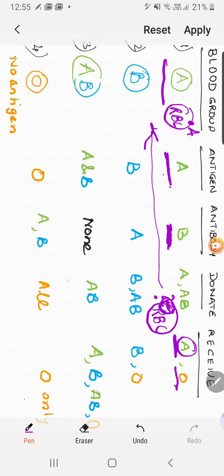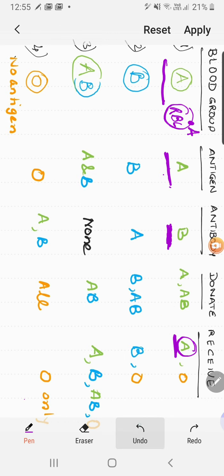Therefore, the body never fights with O because of the lack of enemy, lack of antigen, because the body always reacts to the external antigen. When antigen is not there, your body will not be showing any reaction, right, children? So two blood groups are there from which A can receive.